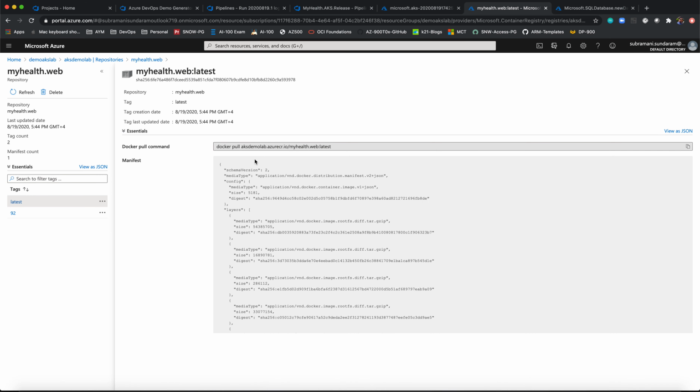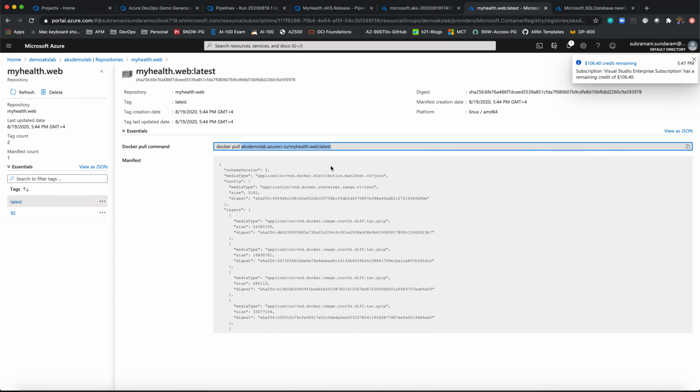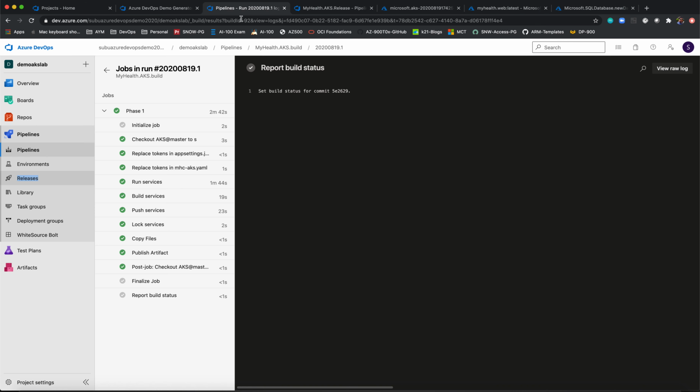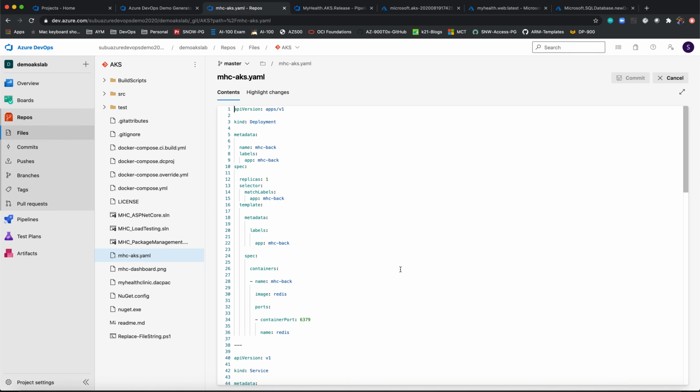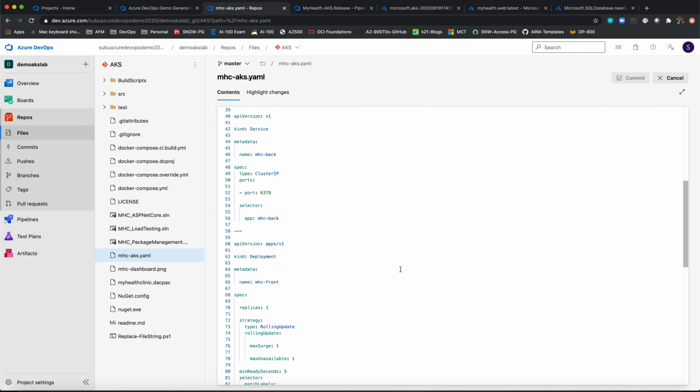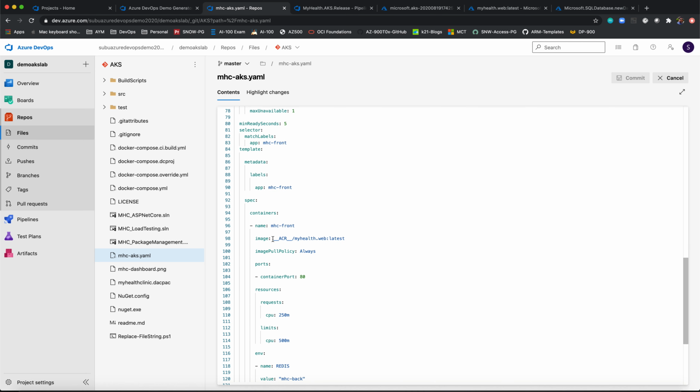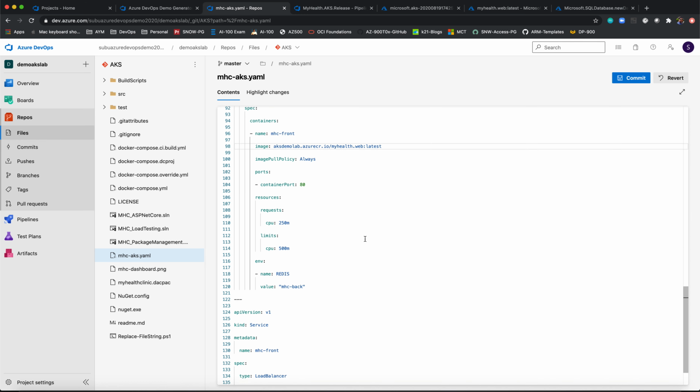Okay, the latest one. So now what I need to do is copy this complete image name, and then I need to go to my pipelines, and under the repositories I showed you that YAML file. So I'm going to my YAML file over here. I'm clicking on edit, and then I need to go to that particular line to choose my image name, and then I'm changing this to my complete ACR name. Okay, this is where my images will be taken from.